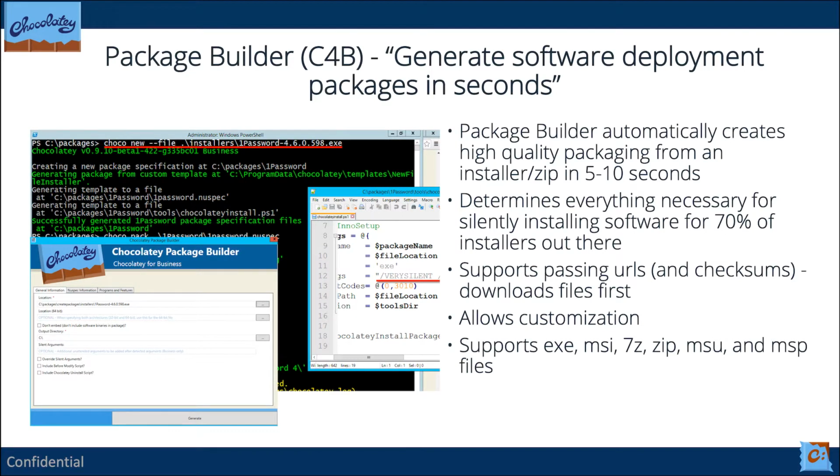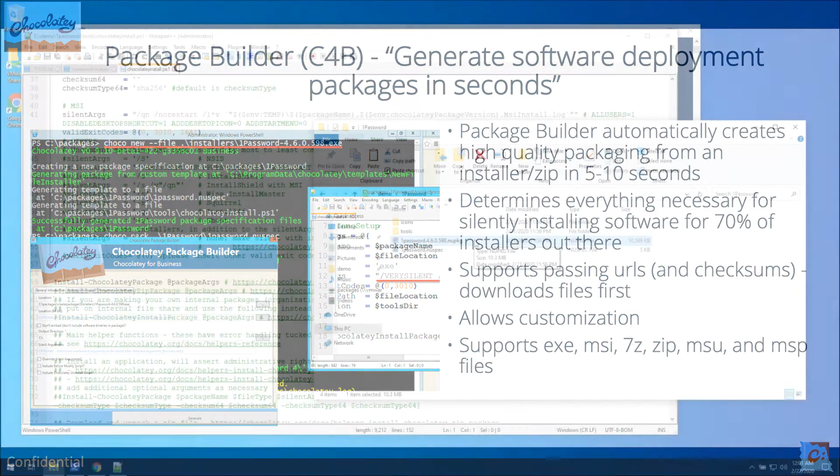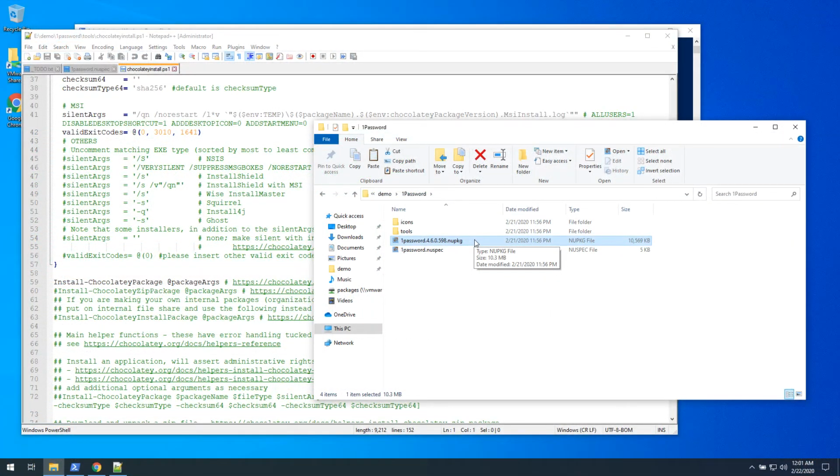In our last video, we were introduced to the package builder feature, and we demonstrated how it could help us generate a Chocolatey package from an installer in as little as 5 seconds. Now we're going to take a closer look at the package that package builder has generated for us, how we'd go about uploading it into our internal repository, as well as some other ways in which we can use the